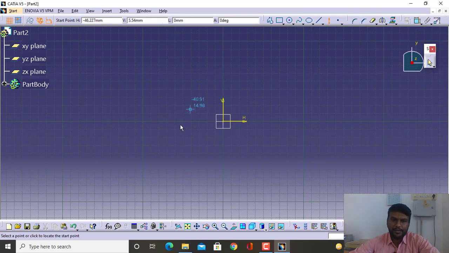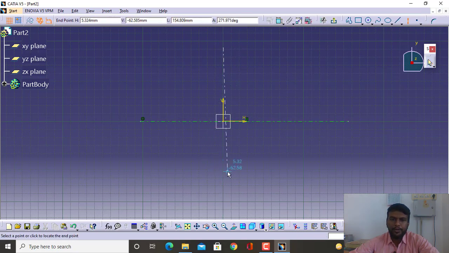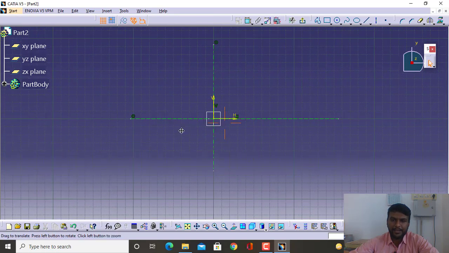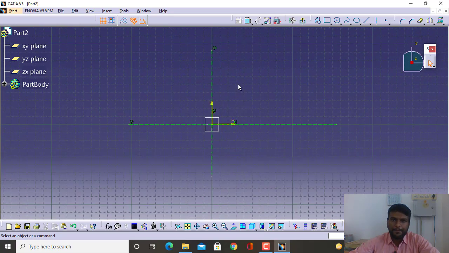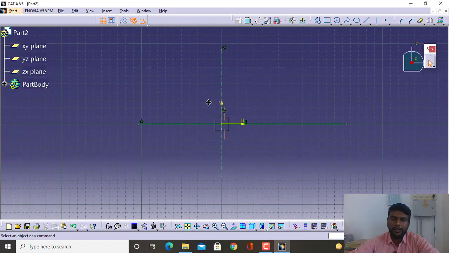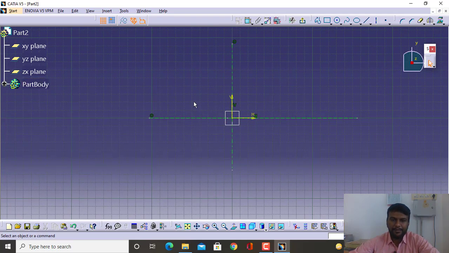To draw that sketch, you can either draw the center lines or you can directly go without the center lines. It is better to have center lines, or you can call it axis. Here it is axis. In the Pro software it is called center lines. The features are the same, the name will be different. The names might differ in different software like Pro-E, CATIA, SolidWorks, Unigraphics, but the method is the same. The process is different, but the end effect is the same. So the tool name might be different in different software.